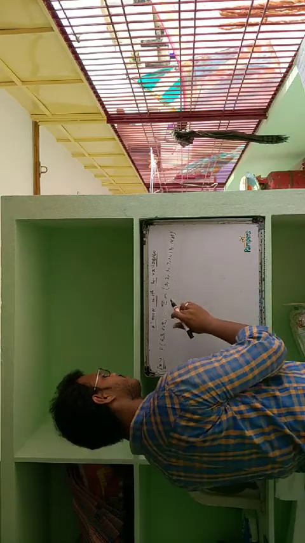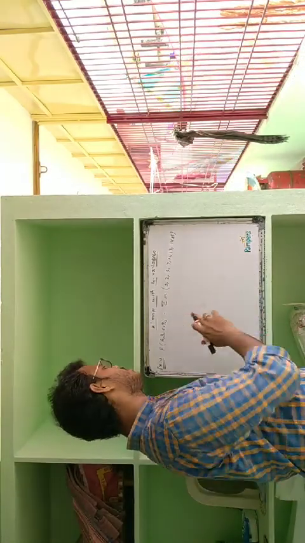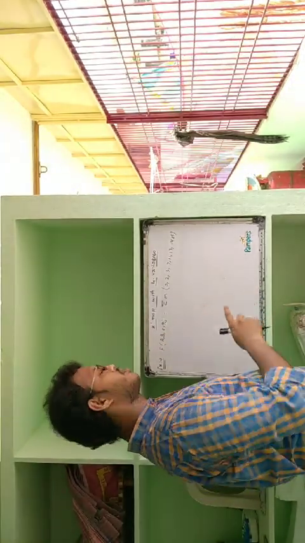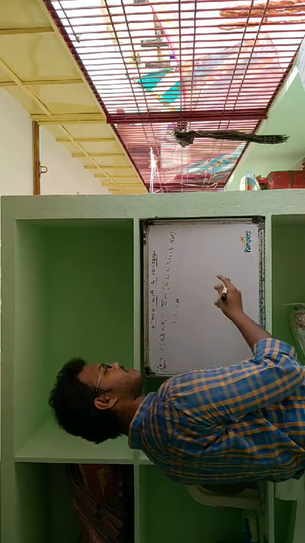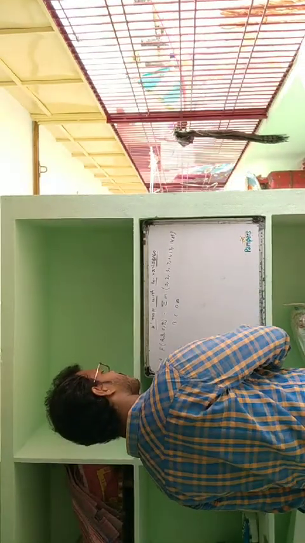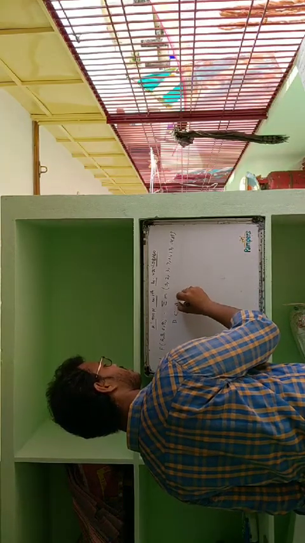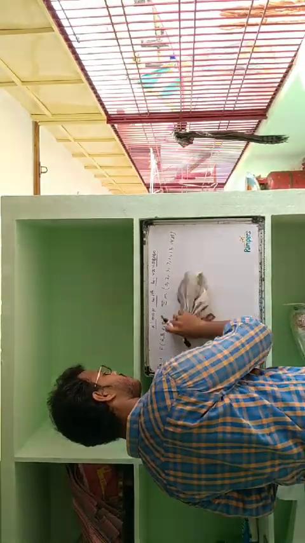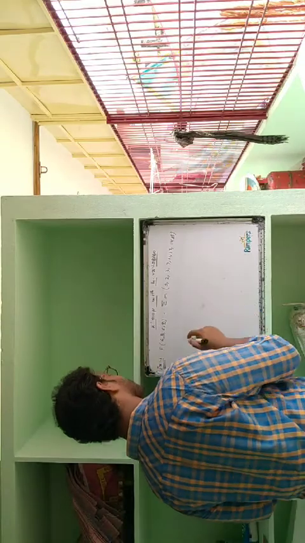So we have 4 variables. A is the most significant bit and D is the least significant bit. We should follow this order, A, B, C, D. We shouldn't write like this, B, C, D, A, or otherwise D, C, B, A. We should always follow the most significant bit to least significant bit.